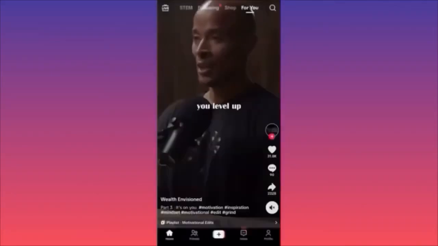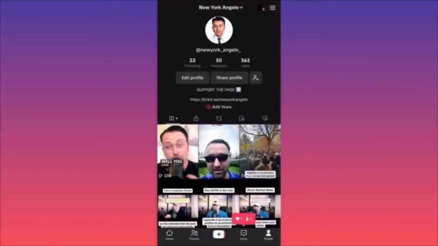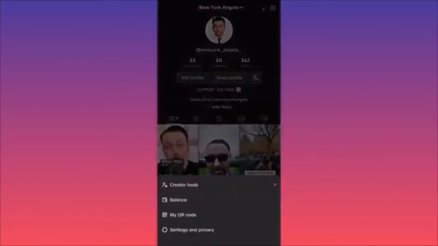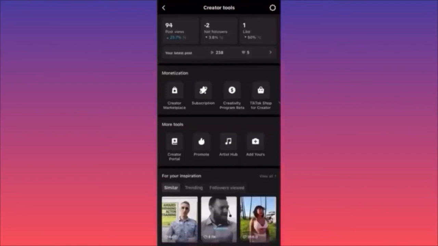Then you wanna click on the lower right corner on your profile icon. Then you wanna go ahead and click on the 3 straight lines on the top right corner. Then you wanna click on Creator Tools, the first option. When you're at Creator Tools, you want to scroll to the bottom of monetization. This is the menu we want to be focusing on. Then you want to scroll through the section that is called Video Gifts over here. You want to click on it. Then there is a special button that you want to click, and this will simply help you to enable video